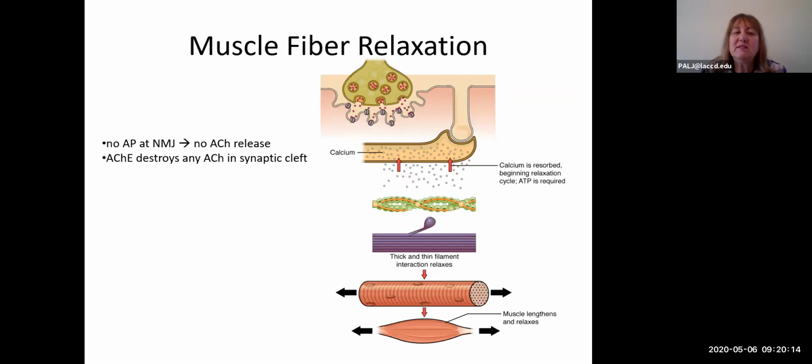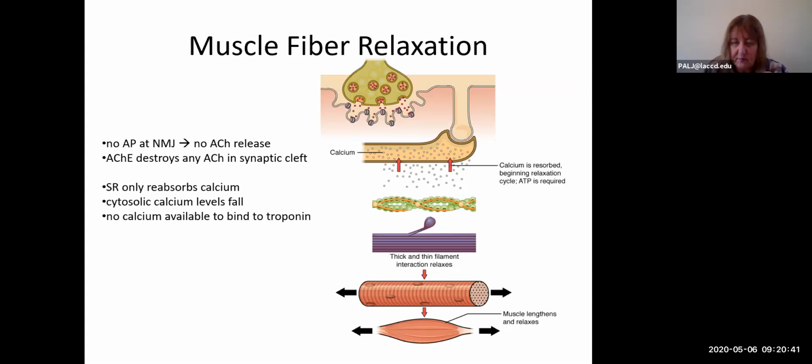So, muscle fiber relaxation occurs when there's no more action potential, okay? If there's no action potential coming off of the neuron at the neuromuscular junction, then there's no acetylcholine being released, and acetylcholinesterase is going to destroy whatever was in the synaptic cleft, which means there's no acetylcholine to bind to those cholinergic receptors, which means those ligand-gated channels will not be opening. It also means there's no impulse traveling down the sarcolemma to release any new calcium from the sarcoplasmic reticulum,